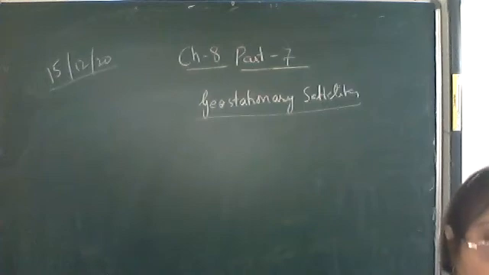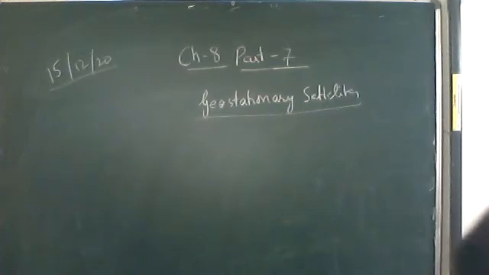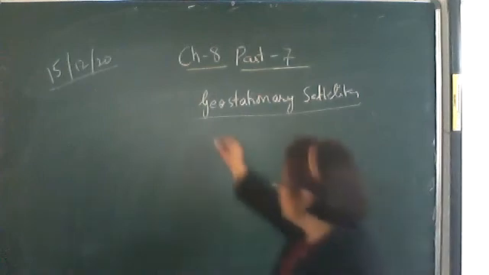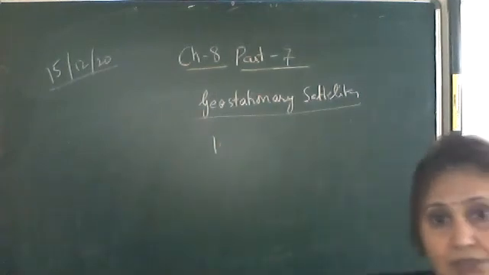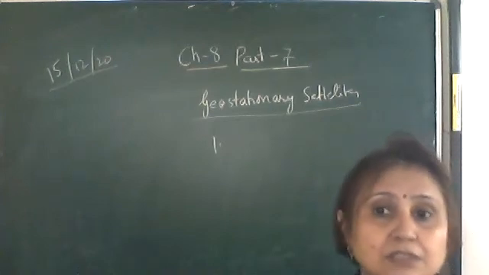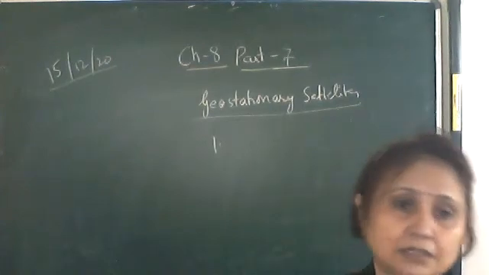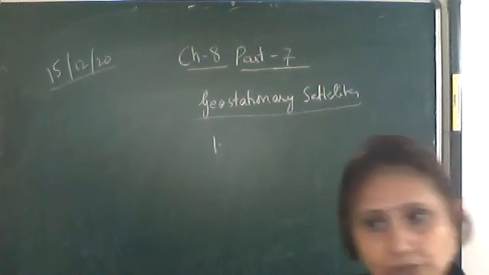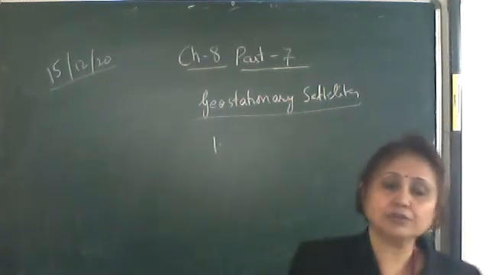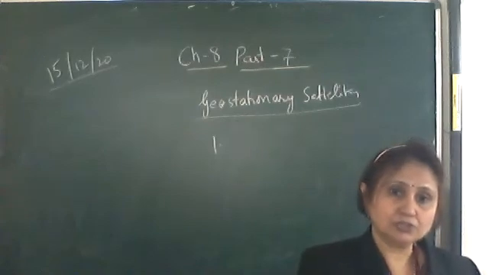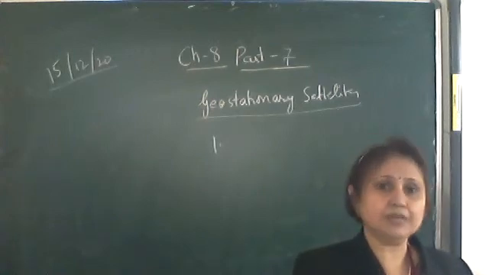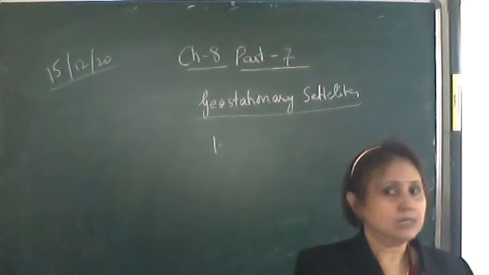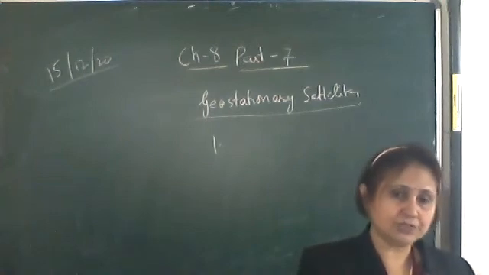Now what should be the necessary conditions for these geostationary satellites? Write down the first one. It should revolve in the same time as the Earth completes its rotation. We know that the Earth completes its rotation about its axis in 24 hours. So this satellite should also complete one revolution in 24 hours. Then only it will appear to be stationary from the Earth. Otherwise, not possible. So what is the first necessary condition?